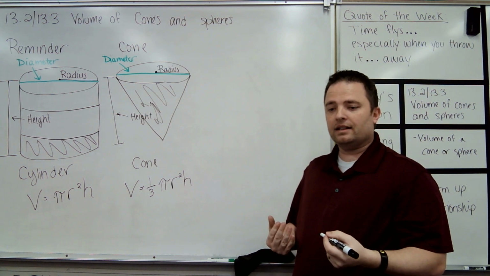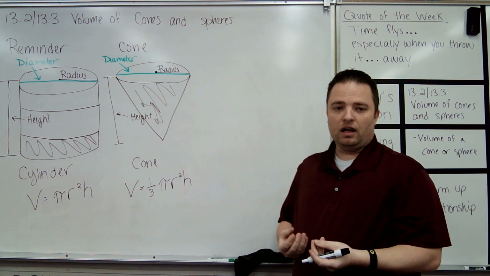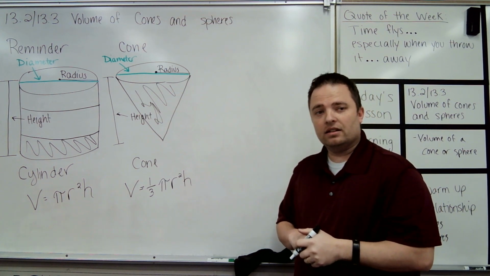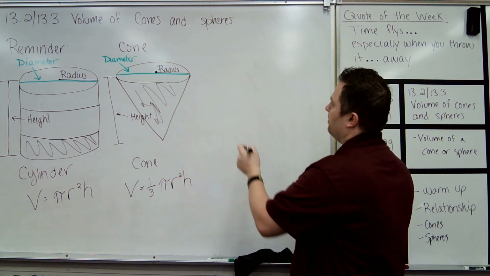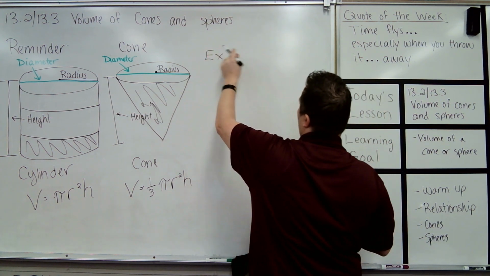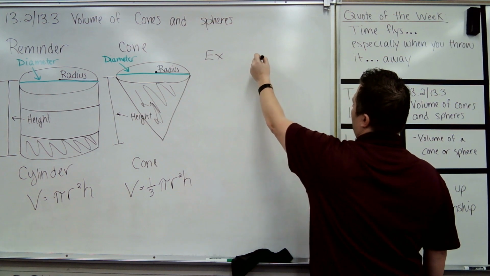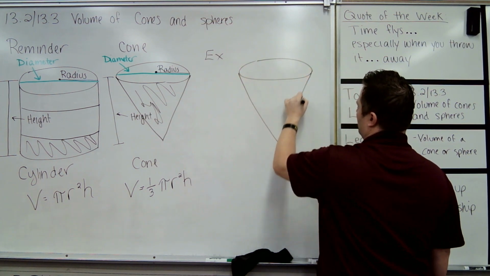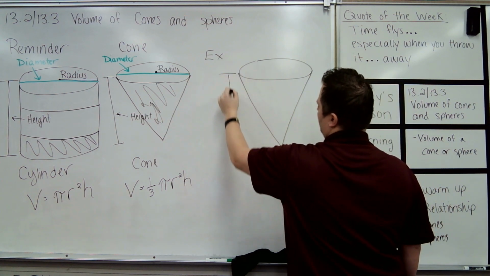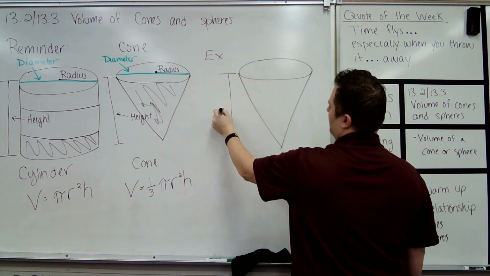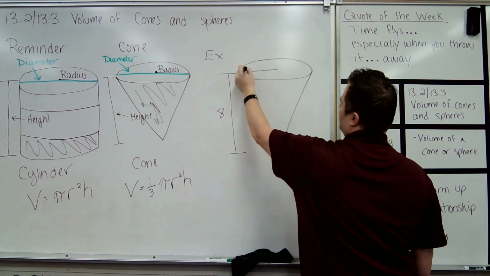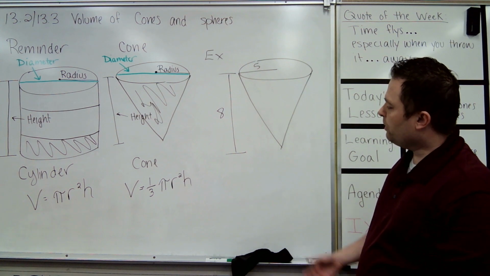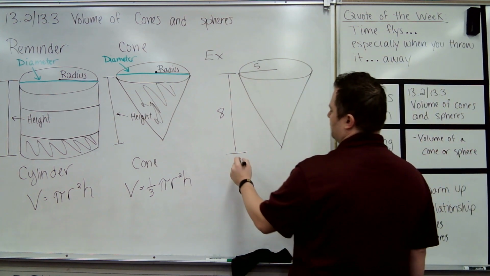And it's equally as easy to use once we know what we're looking for and we can punch stuff into a calculator as the cylinder is. So one common example, let's do an example here. We're going to make a cone. We'll say we have a cone here. And we are going to give a distance here, say of 8. And then we'll give a distance from here to here of, say, 5. And we want to find the volume of this cone. So find